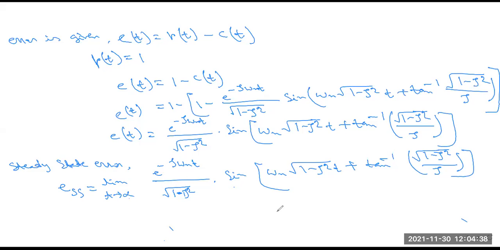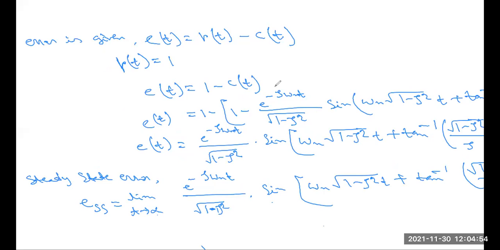So when we have to calculate the error of the system, another one is also the steady state error. We represent this steady state error as e_ss. This is the time response analysis, also over the infinite time range. So this is the limit as t tends to infinity, and these are the error equations also.